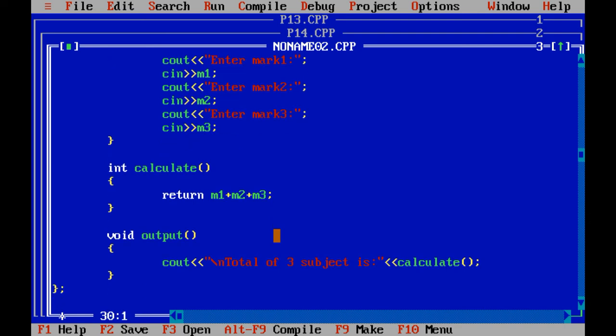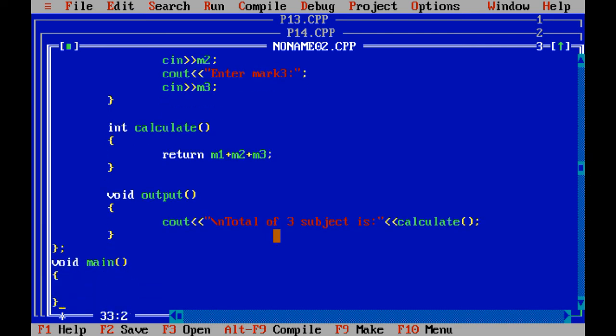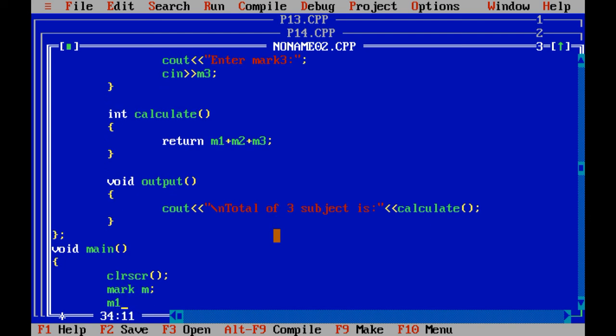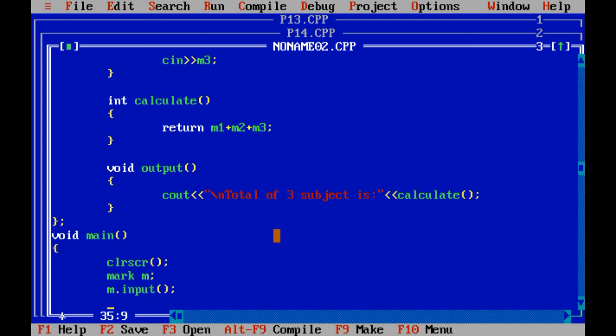Now it's time to develop the structure of void main, clrscr and getch. The name of the object would be m, m dot input. No need to call the calculate method because it is already called from the output function, so you just need to call the output function.